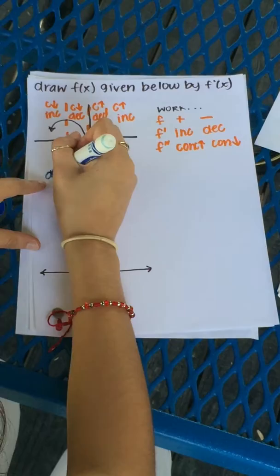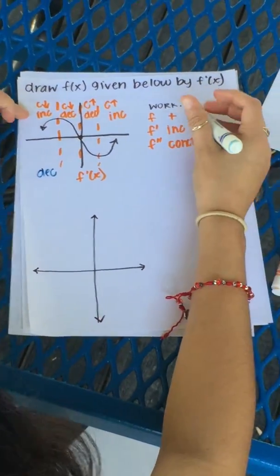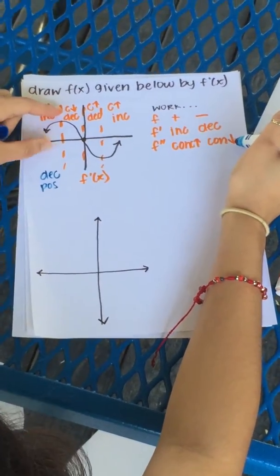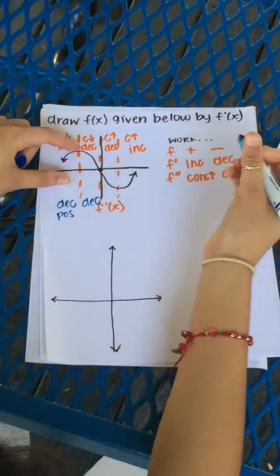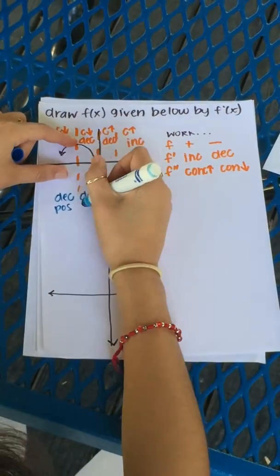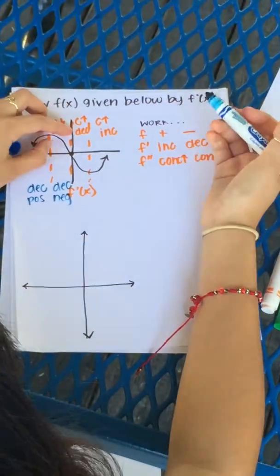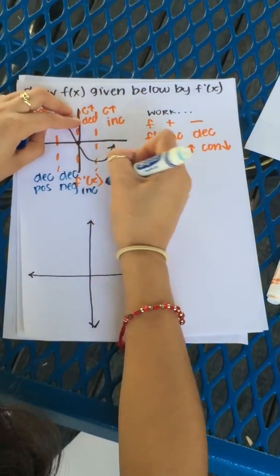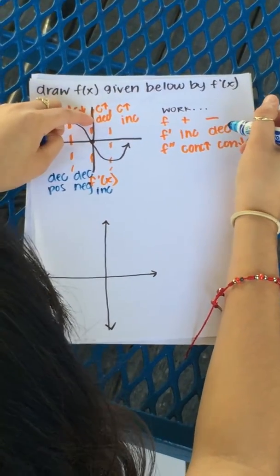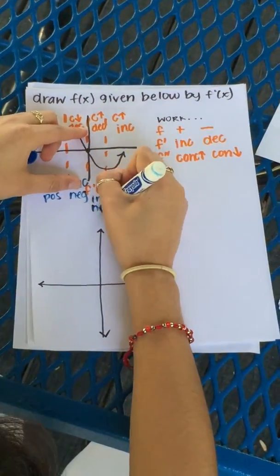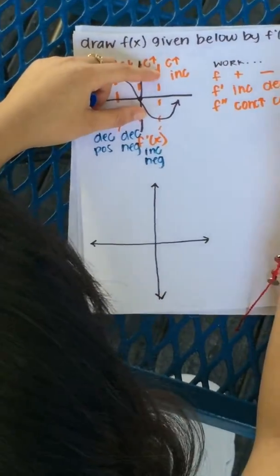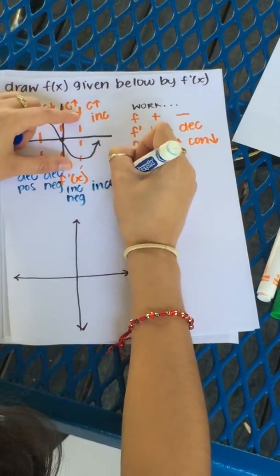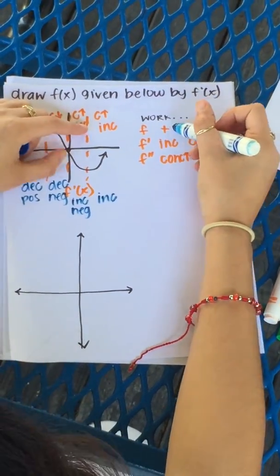The graph is decreasing, and if it's increasing, it's positive. In this section, it's also concave down, so therefore it's decreasing, but it's decreasing, so it's negative. In this section, the graph is concave up, so f of x will be increasing, and it's decreasing in f prime, so f of x is negative. Concave down, this section is concave up, so it's increasing, and if f prime of x is increasing, meaning that